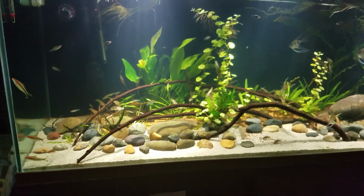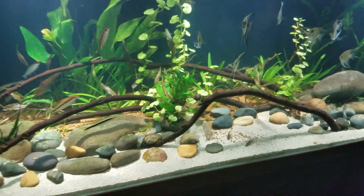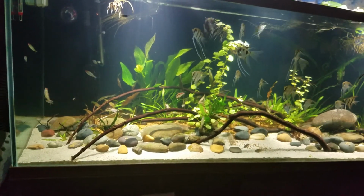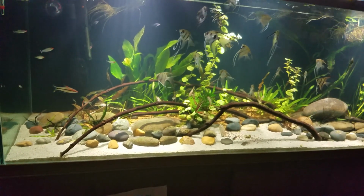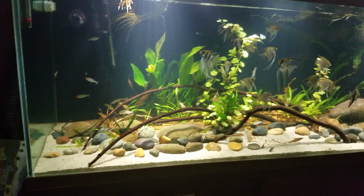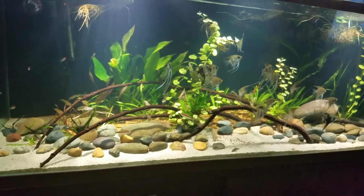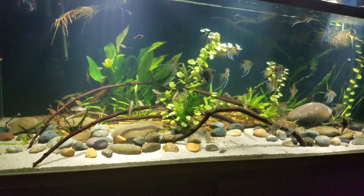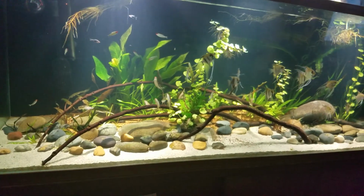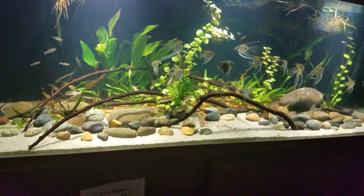Also, if you're going to look at the sand, those are actually play sand. I should have mentioned this earlier when I was thinking about the substitutes. Play sand, instead of doing an ADA soil. I do have ADA soil at the back, but like I figured out, I don't want the plants to grow on this side of the tank in the front, so I put the ADA soil at the back. And if I want the plants to grow in the front, then I would only have to do